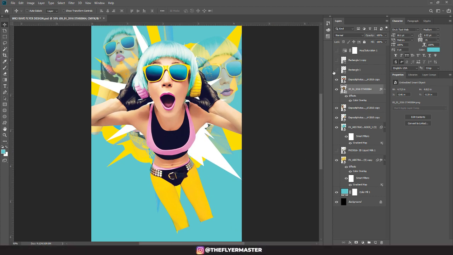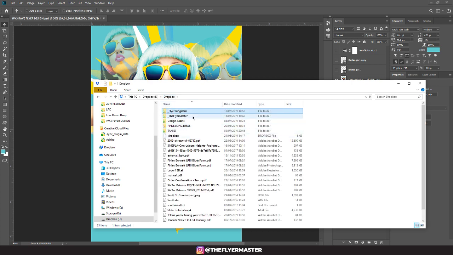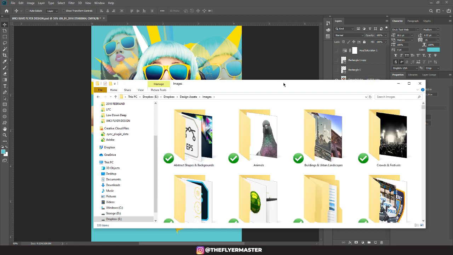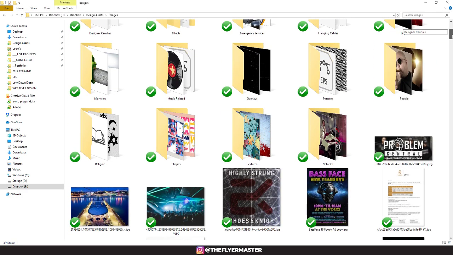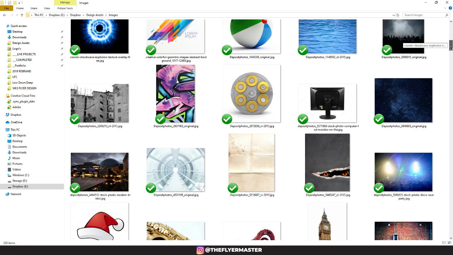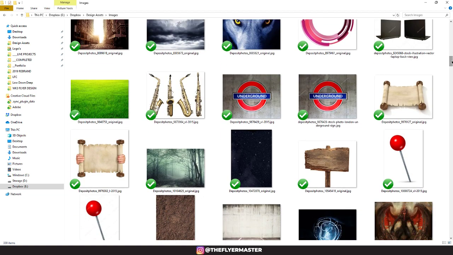And possibly get some texture into this background. So I think if we go back into my images, I try my best to keep everything organized, but I'm not gonna lie, it's got a little bit messy lately. I lost a hard drive, died on me, that had all of my resources, about 6 years worth,